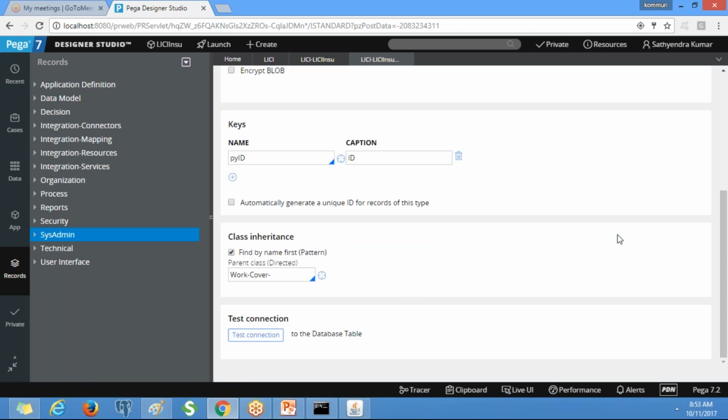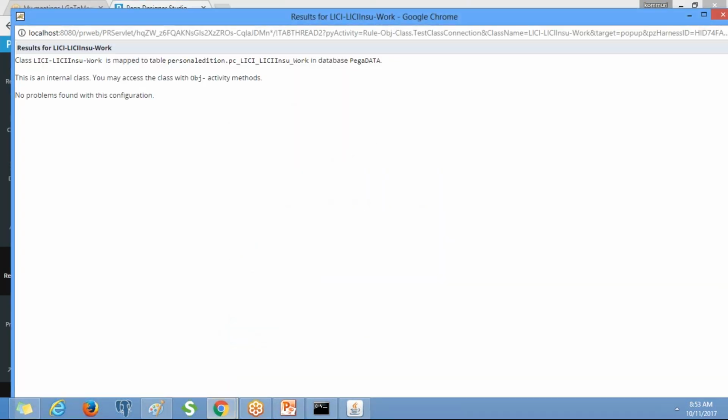See, I told you every concrete class will be connected to a table. So we need to see the table, right? If we click on test connection, you will see this. The class LIC insurance work is mapped to the table PC underscore LIC underscore work.